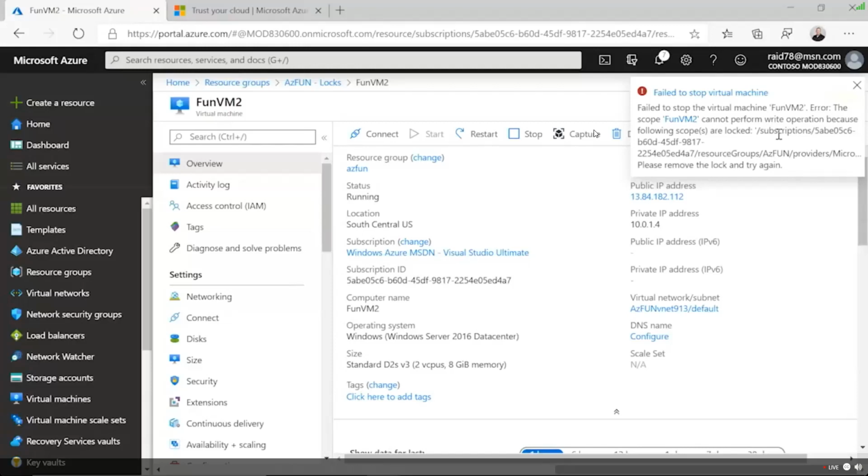Now, when you think about this, why might I use a read-only lock in conjunction with an environment? I used a VM just to show you a quick example, but chances are in your resource group, and by the way, when you apply a lock at a resource group, it automatically applies to all the resources below it. Well, why would I put a read-only lock? Well, maybe you have a public IP address there, or you have a configuration that you don't want to change. Mark those as read-only. Let people look at them, but don't let anybody change it because that could impact your entire application. So these locks are greatly important.